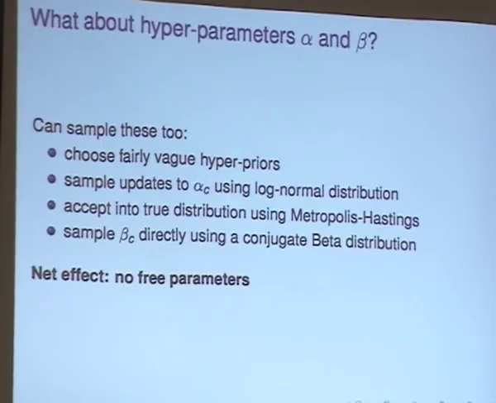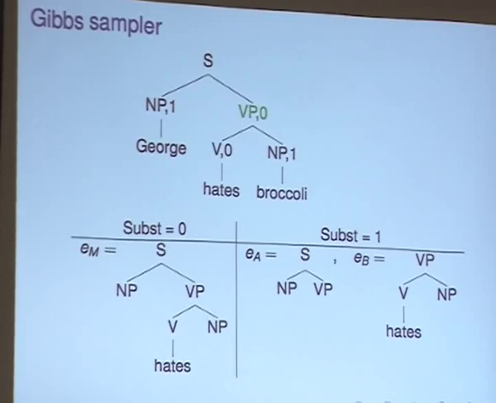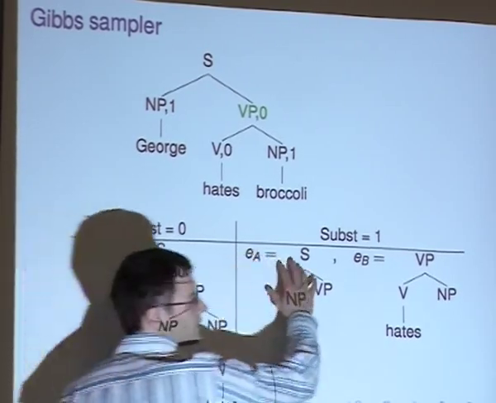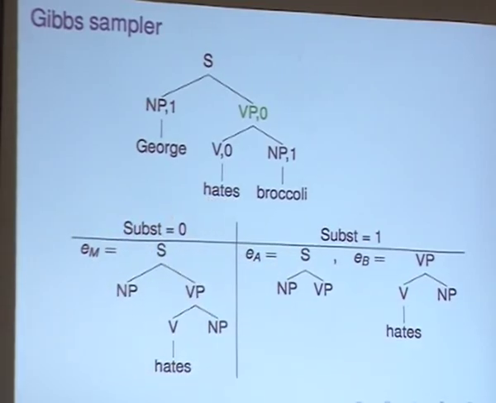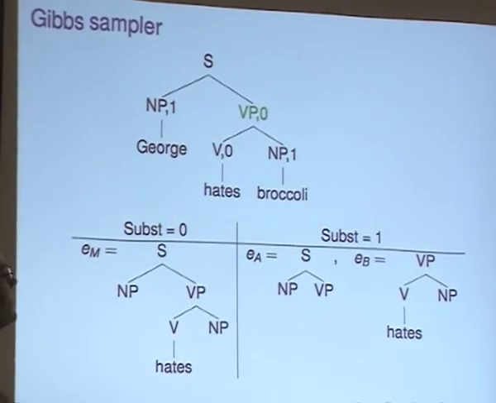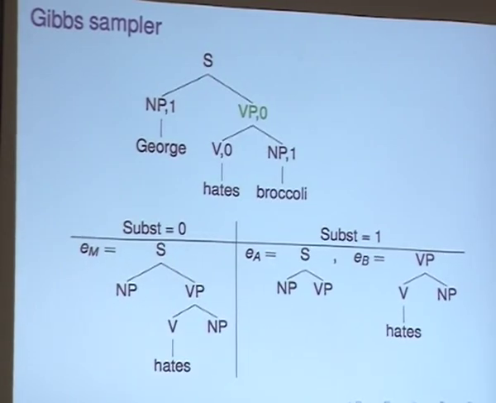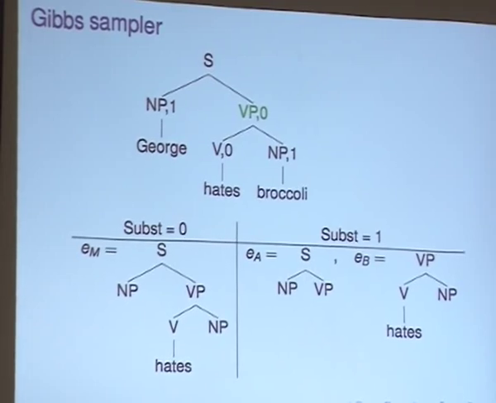And we can score each of these under our model quite easily. Sorry, I haven't put the math in. We can quite simply get the probability of this fragment and the probability of these two fragments jointly. And then we can sample a new update. So we sample whether or not this VP is 0 or 1. Perhaps we choose it to be 1, and then we move on to all of the others. And we do this over and over again at every site in our training set.